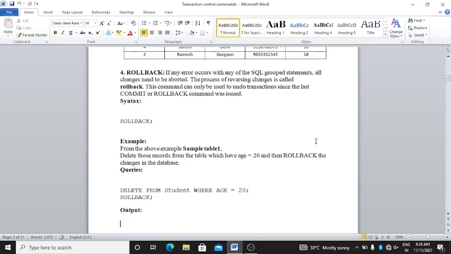Okay, rollback. For example, from the above example, sample table 1, delete those records from the table which have age of 20, then roll back the change in the database. What happened?